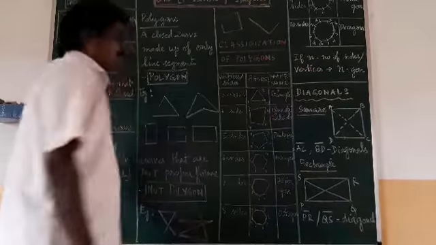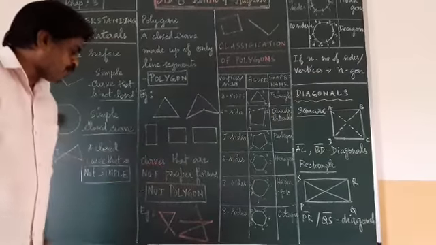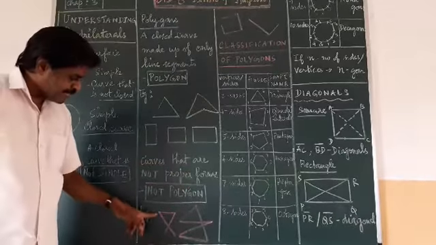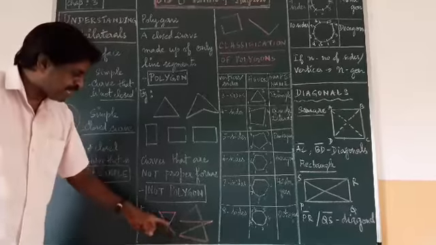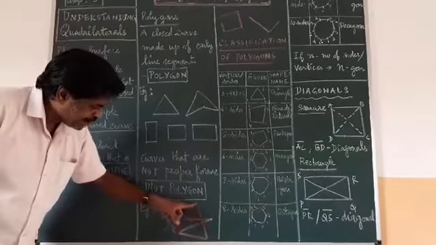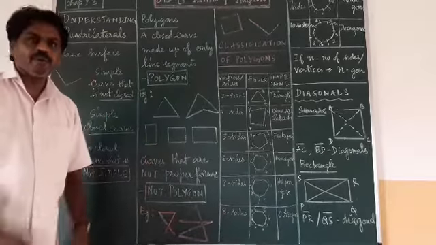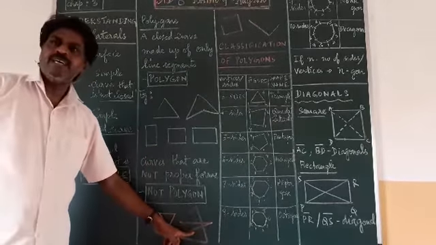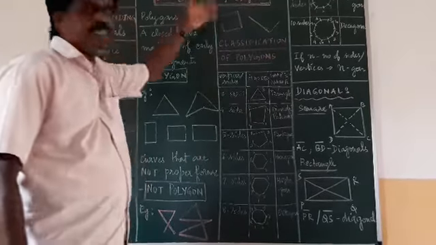Then what is not a polygon? Which are not polygons? You see curves that are not in proper form. You see the figure given. One side it is closed, the other two sides are open. It is not closed there. Here also it is in a zigzag manner. Here one line is going overlapping, in an improper position. This is also not a polygon. Here also it is not closed, so it is not a polygon.